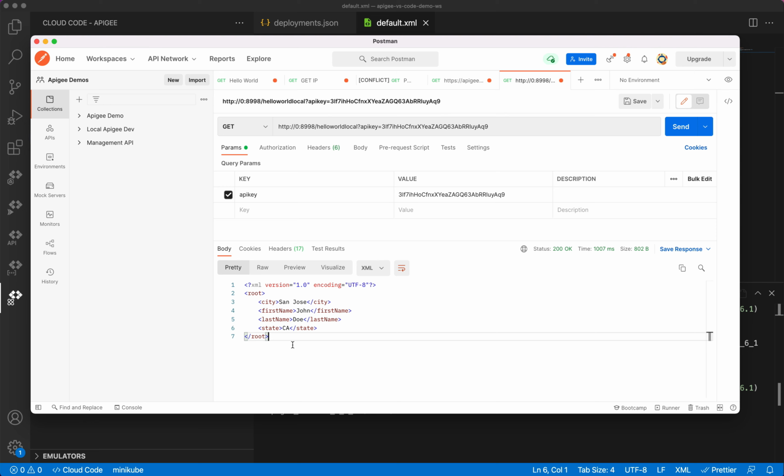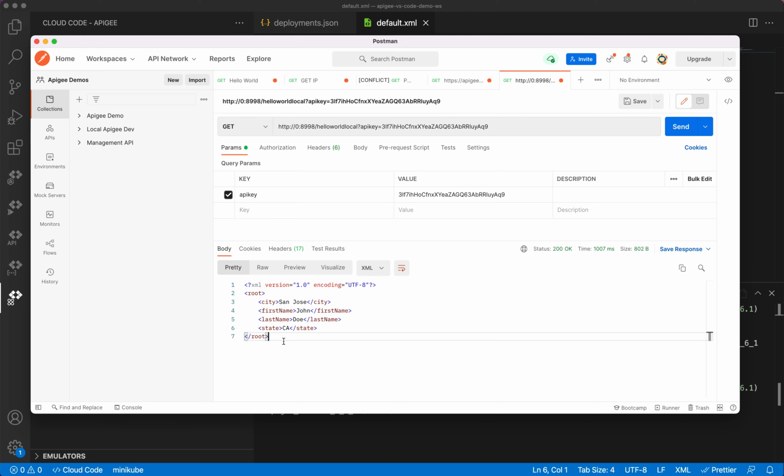This is how you can change different target endpoint definitions. If you want to go more fancy, you can create route rules and dynamic target URL creation, and with that you will be able to go to different target endpoints. Right now we are seeing only an XML response.